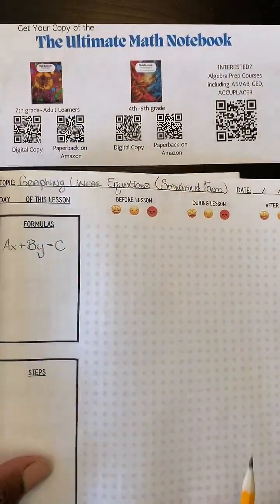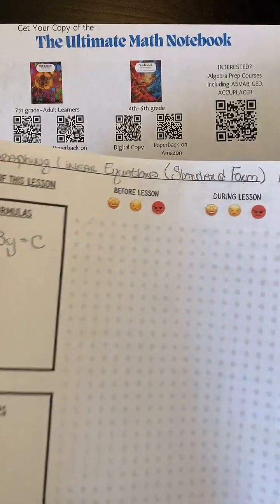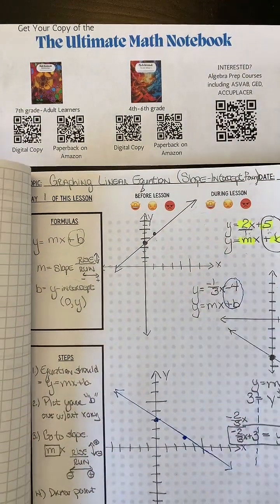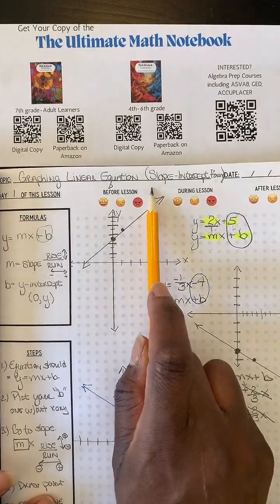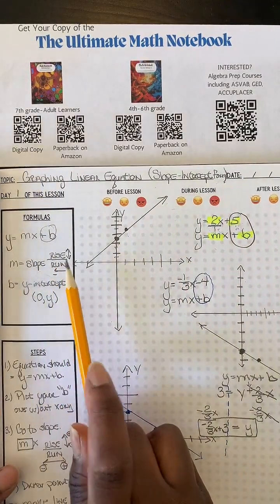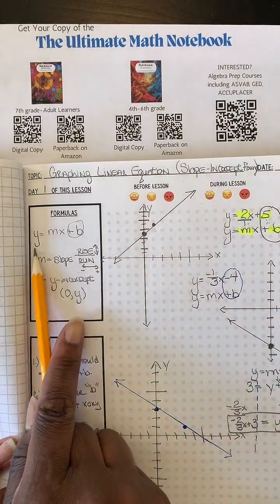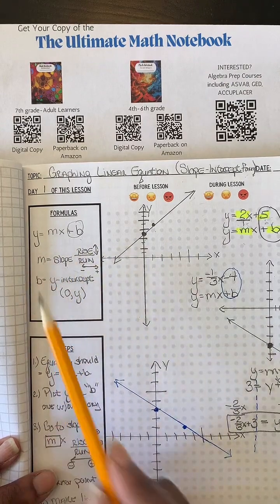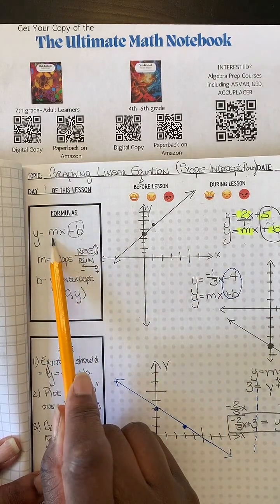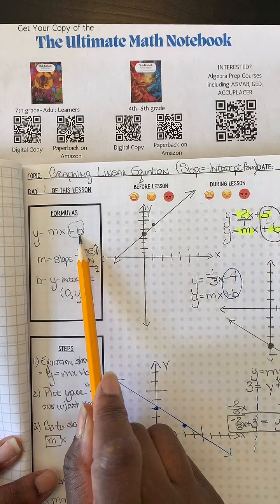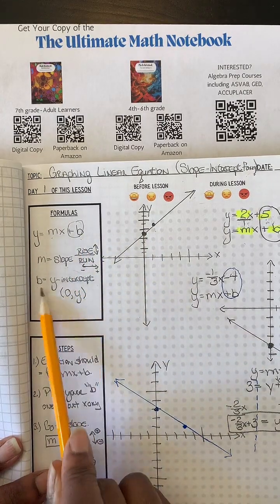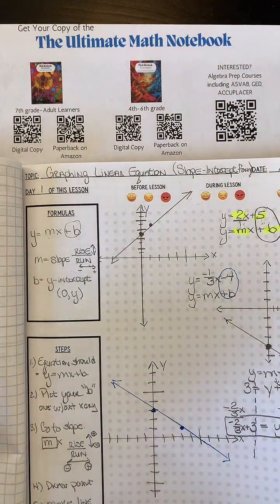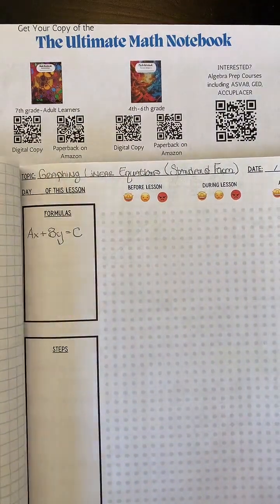Now, I did one a little bit about a couple days ago. Let me see if I can find it. It might be the previous page. Yes, it is. Okay, we were talking about what's called slope-intercept form. So slope-intercept form is simply y equals mx plus b. So basically your equation is solved for y. And we needed 2 things to make an equation of a line. We need the slope, which is your rise over run, and you need a y-intercept, which is your b, or your starting point. But having that in mind, there's a quicker way for you to graph by using what's called